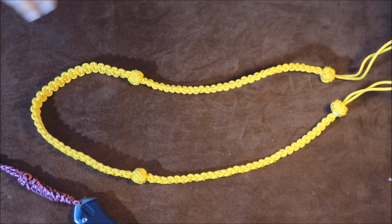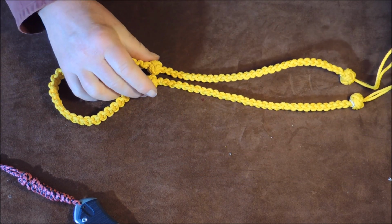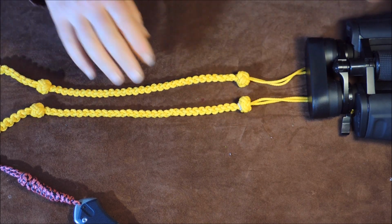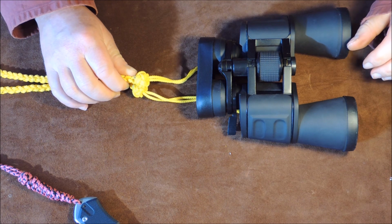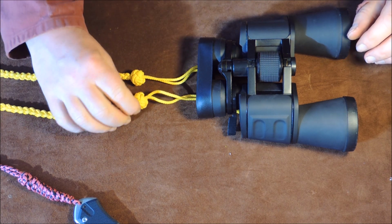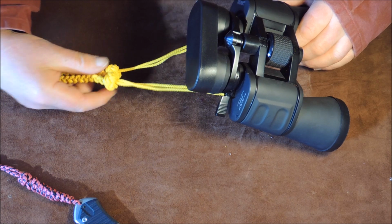And you can see here the top part of the lanyard, we've just done a very simple Portuguese senet. It then goes down to 2 diamond knots at this point here, and then going a little bit further, from there we've got a nice 4-strand round braid. It then goes into a man rope knot that looks like a diamond knot, where the leads are eventually tucked down. And then we've got 2 bits of cord here to put through the slots of our